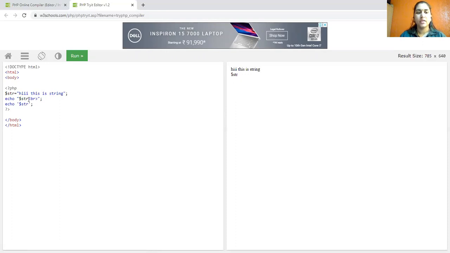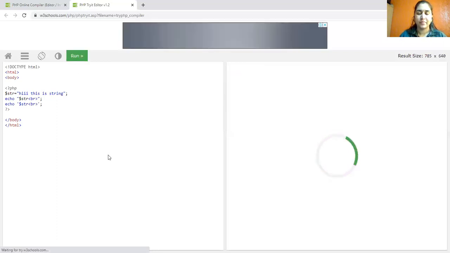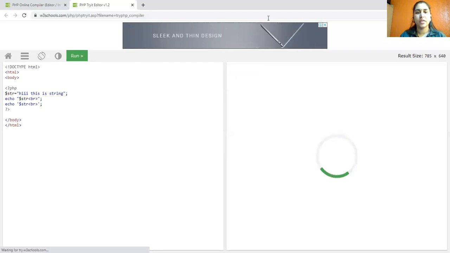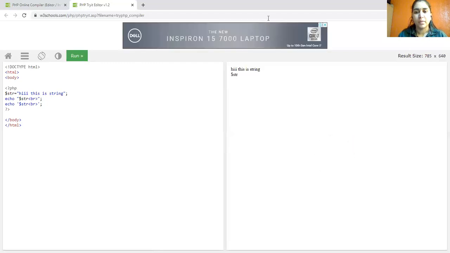Even the br, which is the break line HTML tag for a new line: if I write br in single quotes, it will display br as it is and will not go to the next line. This is the difference between single quote and double quote strings.